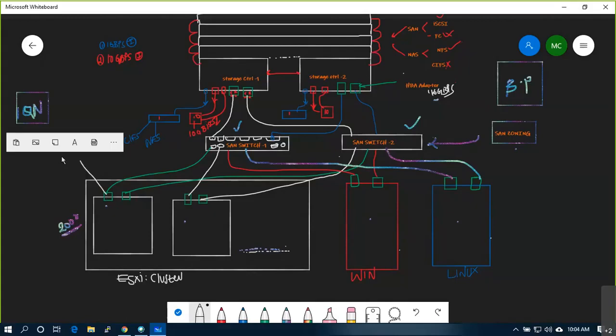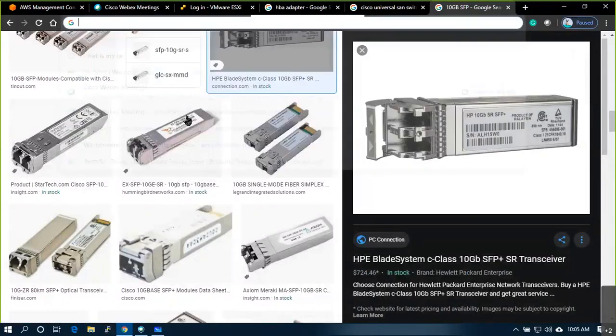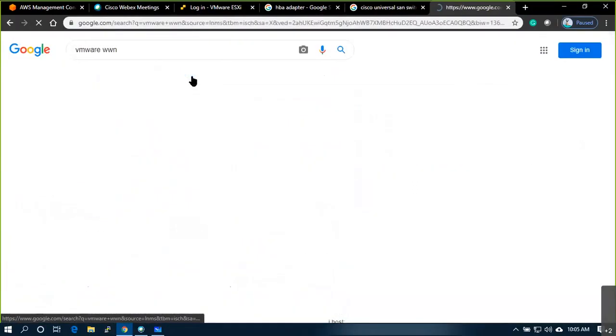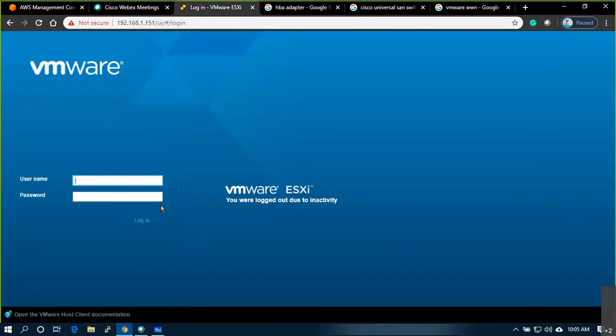Every HBA adapter will have a unique address called WWN, worldwide number. This is unique. How does it look? Let's see in the pictures at least. VMware WWN, let's see images. It will be showing like this. Able to see something? This is the number, a hexadecimal number. Where will you go and check? If I go to VMware, log into any host,